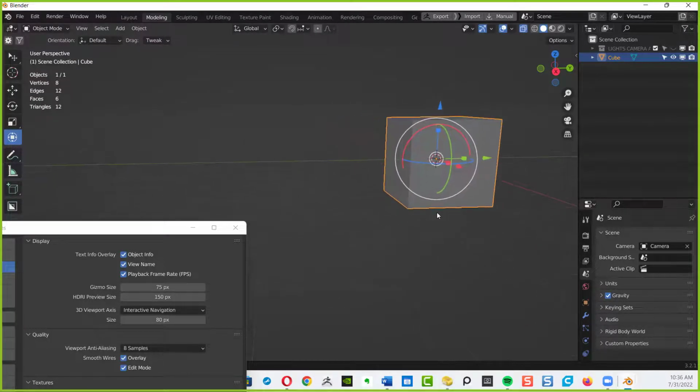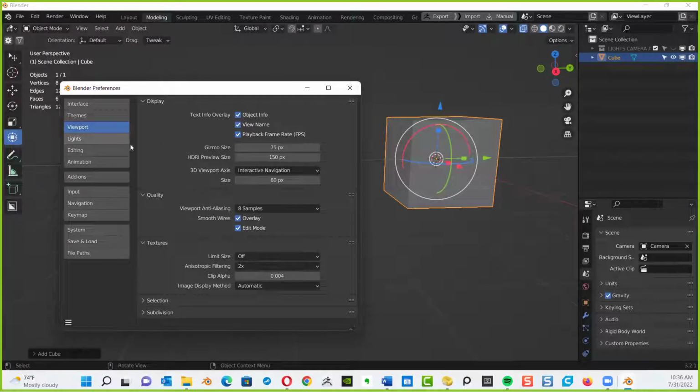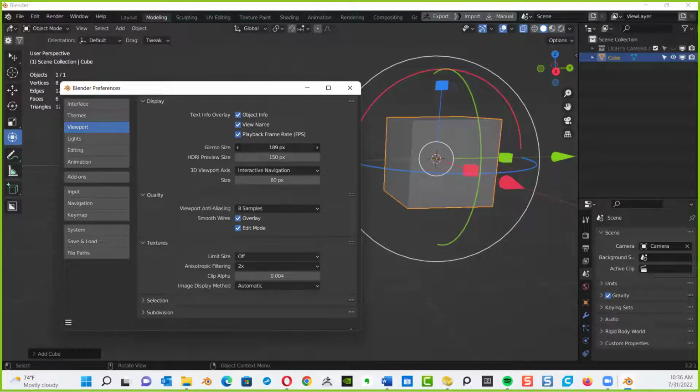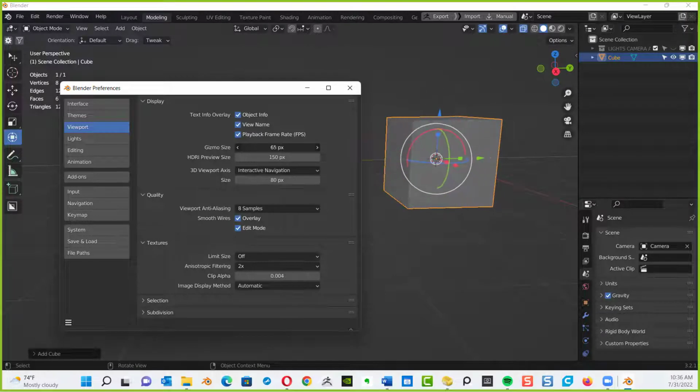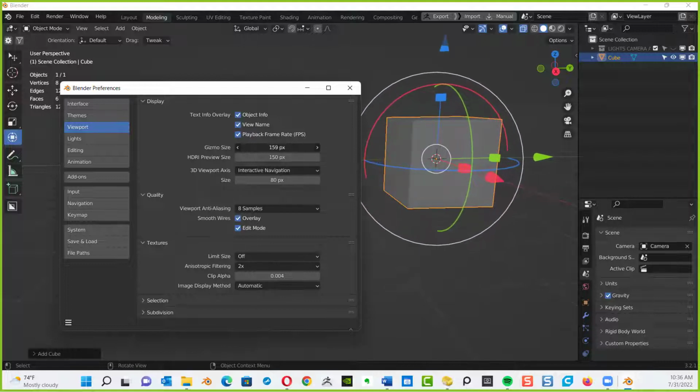I just want you to watch me here, because when we go to the Viewport, we have what's called the gizmo size, or viewport axis. If I go to the gizmo size and scroll it over, I can make the gizmo bigger or smaller. And I find that the default value for the gizmo is a little bit too small for me. I prefer something like 125, maybe 150.